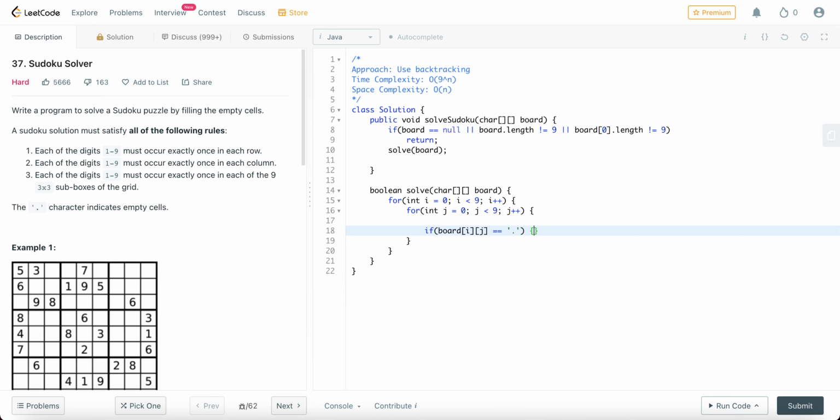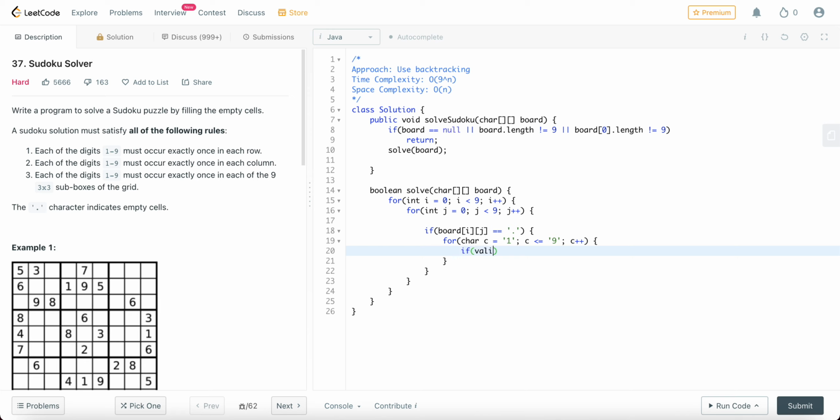If we need to do something about it, how do we do it? We need to check which value we can place. And how do we do that? Using a for loop. So char c equals 1, you start with 1 and you go all the way to 9. And then you increment c. And what's the next part, right? So the next part is to figure out if placing those values, all of those values, whether they make sense or not. So how do we place those values? So we check if